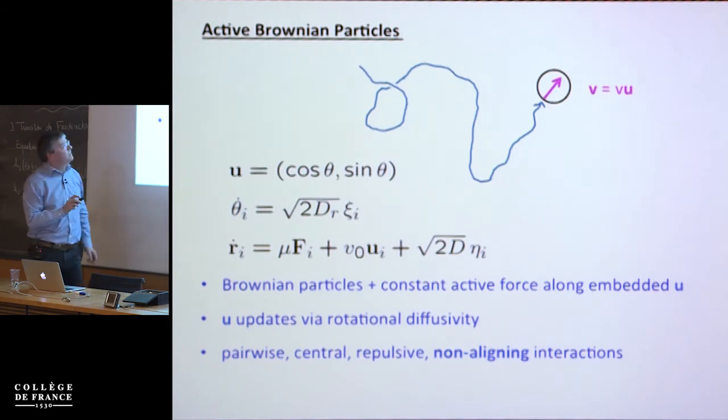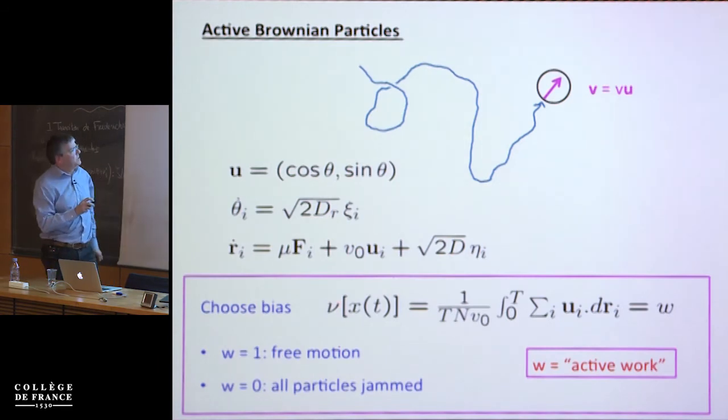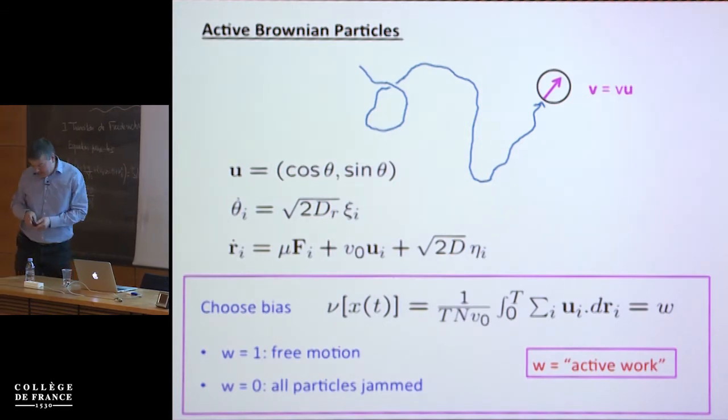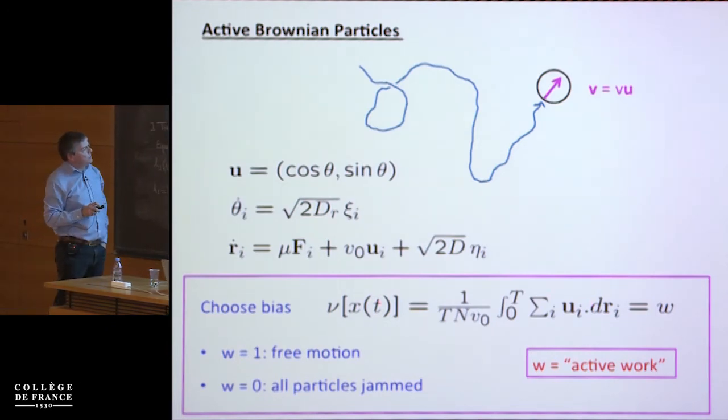Okay, so here's the active Brownian particles again. I showed you all that. And here's the bias. Now, this isn't obvious. This choice of bias here is basically saying I'm introducing a function which notices whether the particle is moving along the direction of its arrow or not. So I'm going to call that W, and I scale that by V0. This thing you can think of as the active work. It's proportional to the work done by this force here,